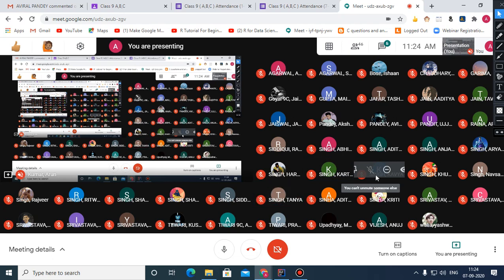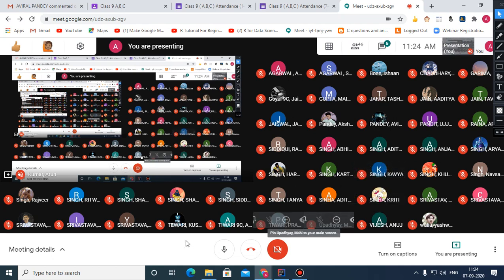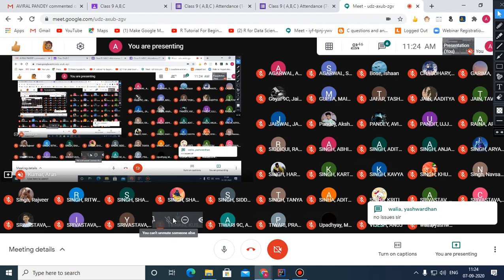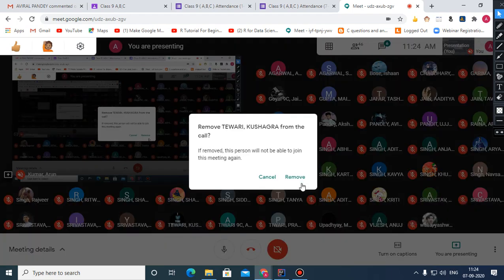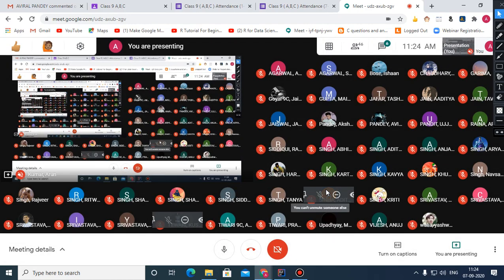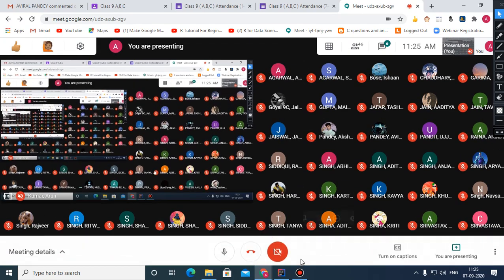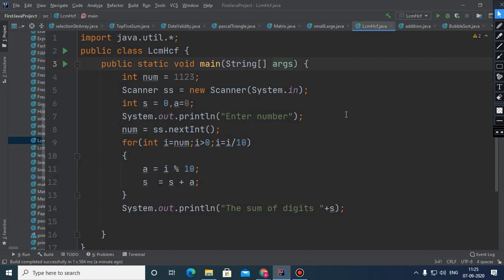And Yashvardhan Walia, and this child Kushagra Tiwari. Any doubt? Kushagra, are you there? You are not there, but no issues. Okay. So children, this is how we can calculate the sum of the digits.